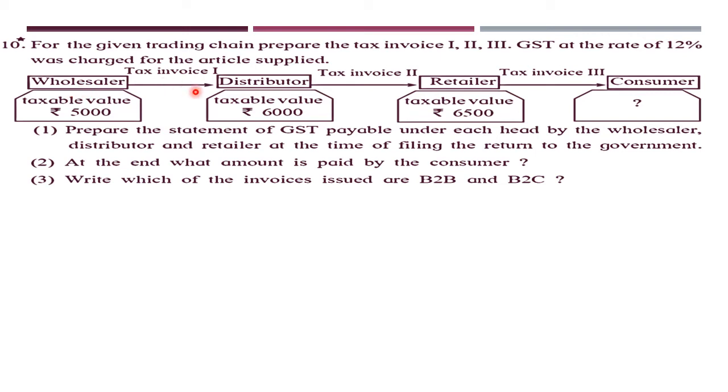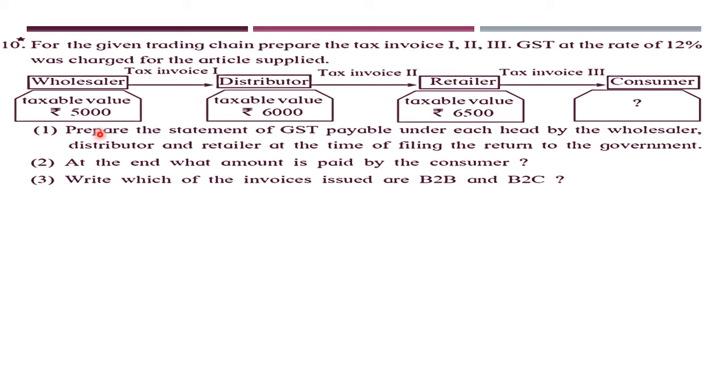From wholesaler to distributor, the taxable value is 5,000 at first step. Then for the distributor it becomes 6,000. Then from distributor to retailer, for retailer the taxable value of the product is 6,500, and from retailer to consumer. So at 3 stages the trade is happening. 3 transactions are happening. So we need to prepare tax invoice 1, 2 and 3 for the 3 transactions that